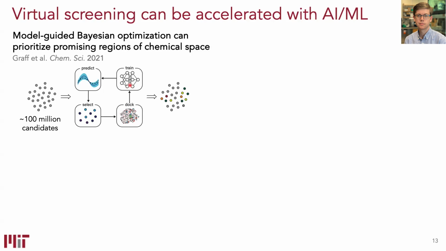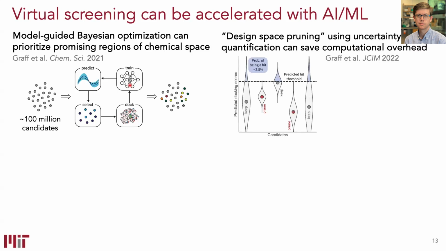That machine learning model will not be predicting the results of an experiment, but it'll be predicting the results of a simulation. And so we skip the simulation. We use the model to tell us where in chemical space we should look and where in chemical space it is not worth looking. And so we can build a lot of different tools on top of this. So we can use our imperfect uncertainty quantification to, again, eliminate regions of chemical space and say, it's not worth searching these billion compounds over here because they all look bad, right? So we use models to steer in this gigantic search space of molecular structures.